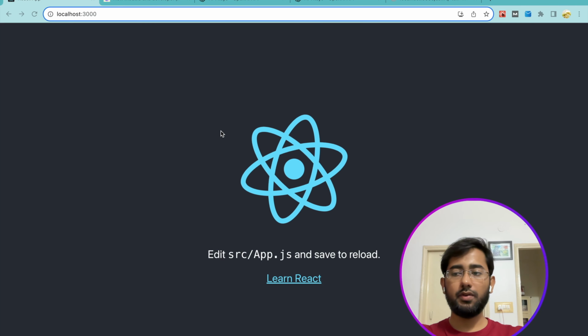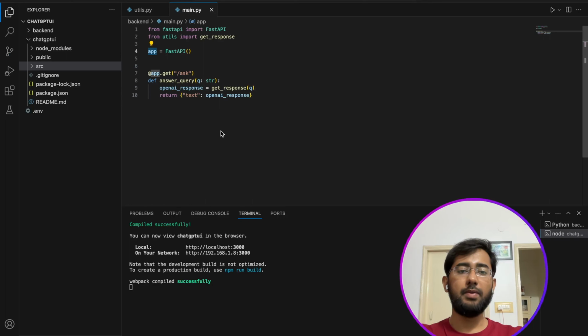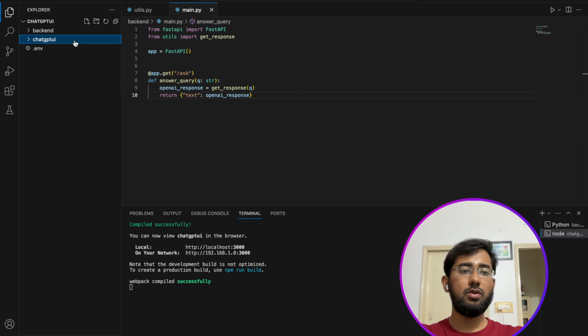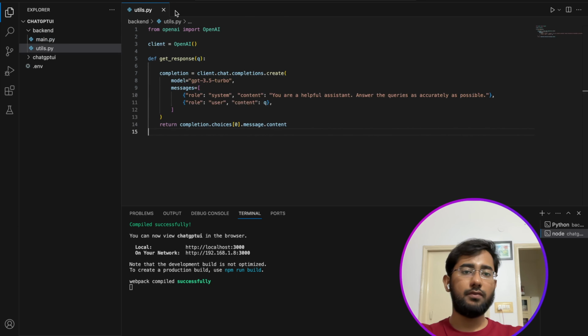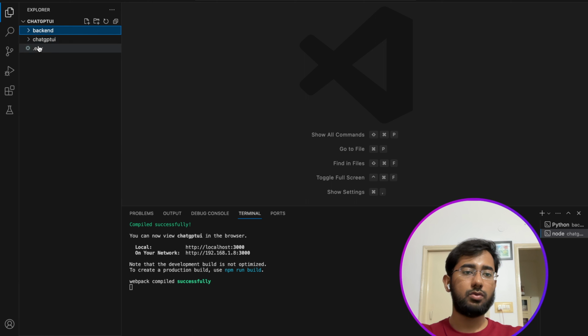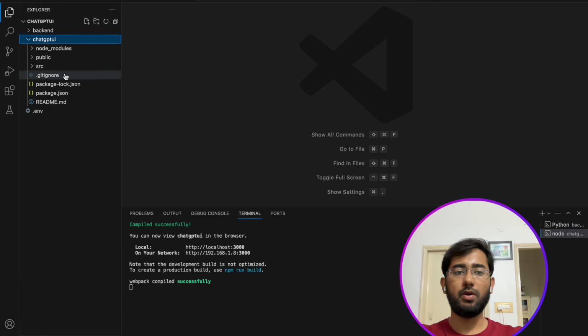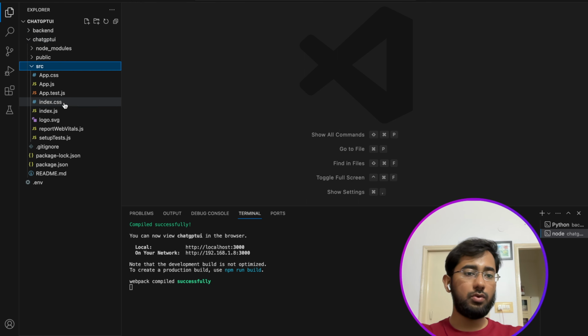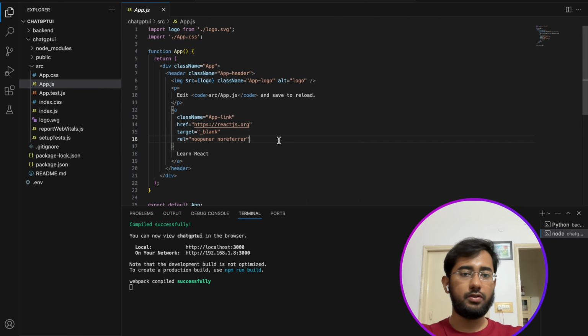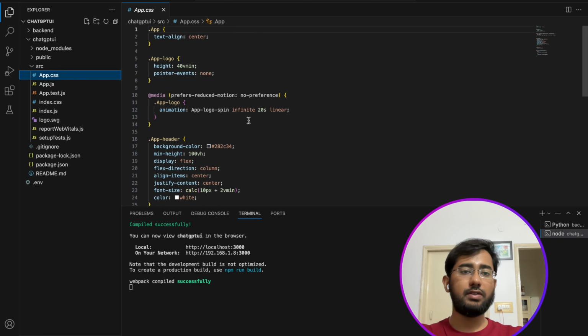Now what we have to do is build a client UI that talks to our API and gives me the response. This is the backend code, so don't confuse the backend code with the front end one. I've closed all the backend code now. This is the UI code, the ChatGPT UI written in React.js. If you go down to this folder, App.js, basically I need to replace the code for this. And App.css is the CSS file,